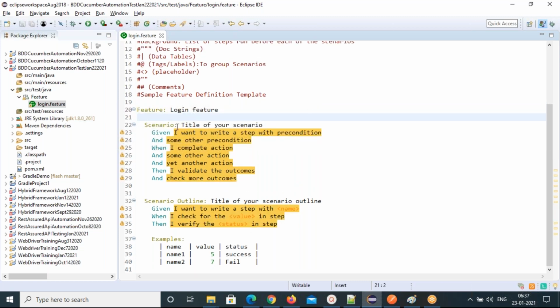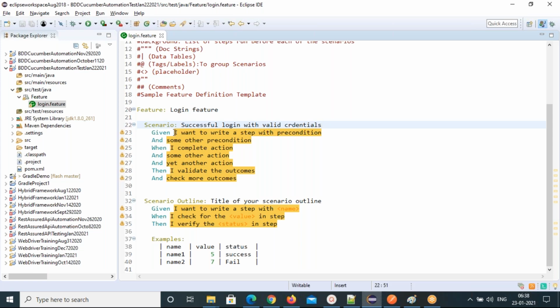Then, what is the scenario? Successful login with valid credentials we'll do first. Scenario is successful login with valid credentials. Okay, that's the scenario name.